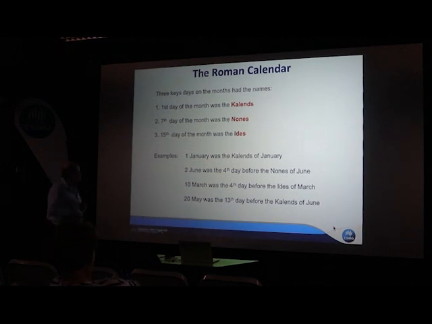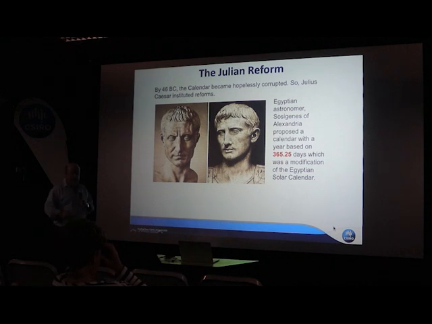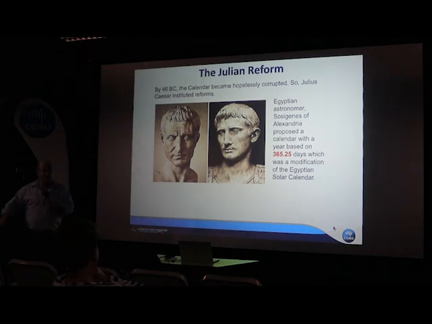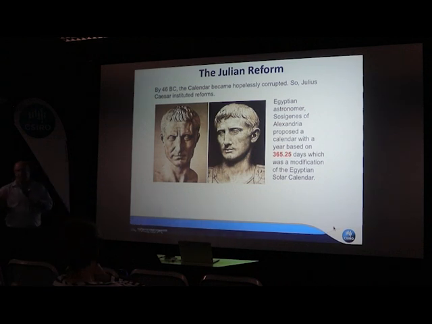Eventually, it gets very complicated so I won't go into it, but by 46 BC the calendar had become hopelessly corrupted because various officials and consuls, who were usually elected for a period of a year, found that if they did away with several months or added some more, they could stay in power longer before their year was up. They just redefined the year. Over a few centuries things became hopelessly corrupted and the calendar made no sense. You basically needed the equivalent of a PhD to know what day of the year it was. It was ridiculous.